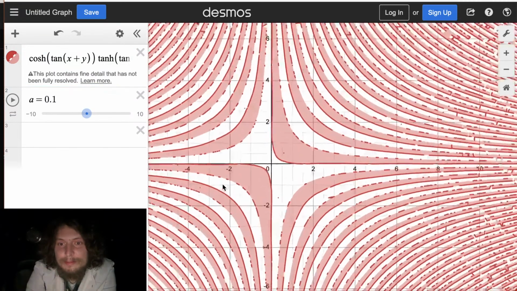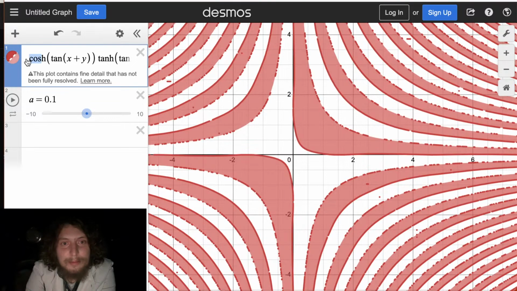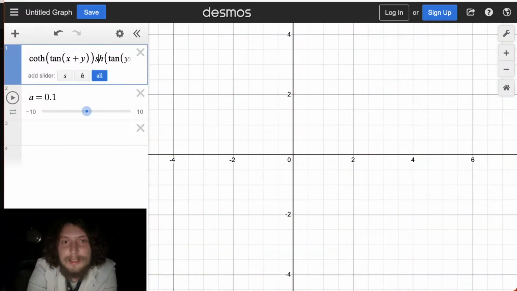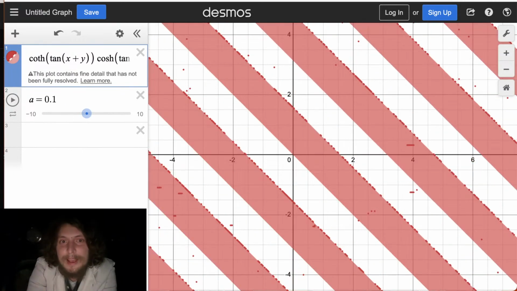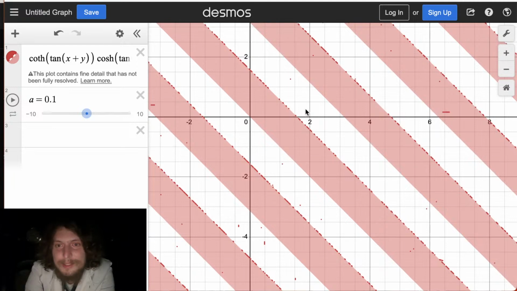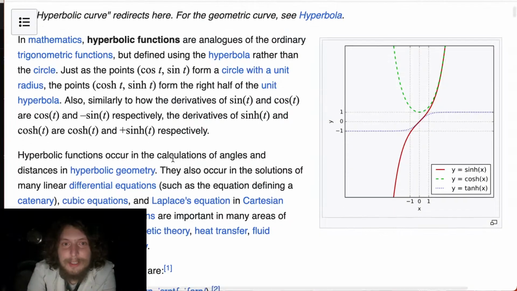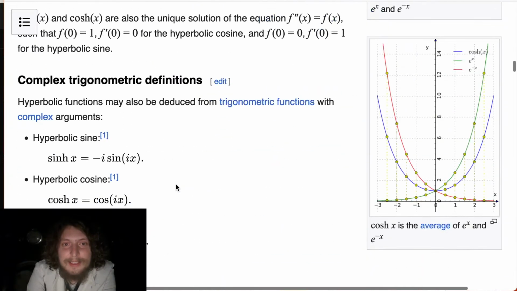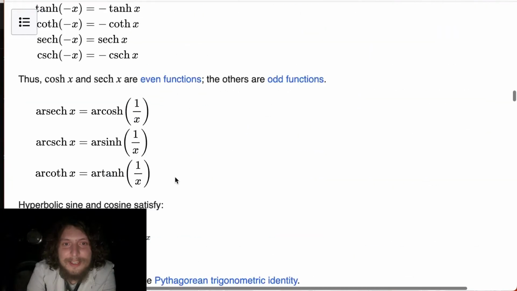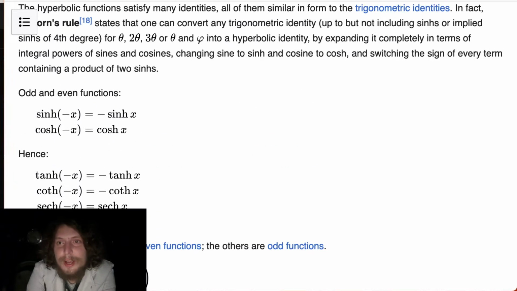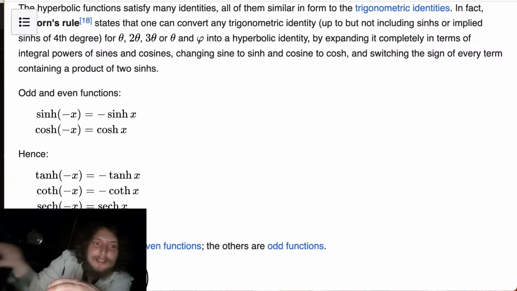Here's this one. We get this sort of shape pretty often. And we could try that one, and we could try substituting some over here. Some of them get kind of boring, like these ones multiplied into these lines. Sometimes, since these can be defined in terms of each other, you can define these a lot of ways. Here's exponential definitions, here's complex trig definitions, but a lot of them are related to each other the same way that the 6 main trig ones can be phrased sometimes as a fraction of this over this equals this.